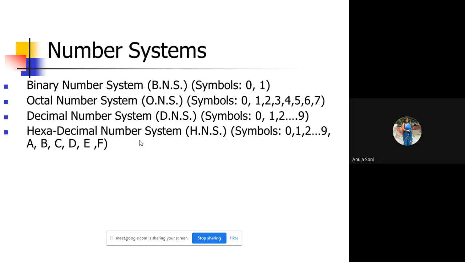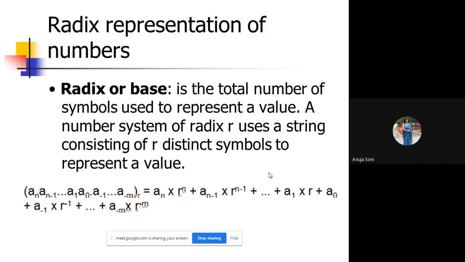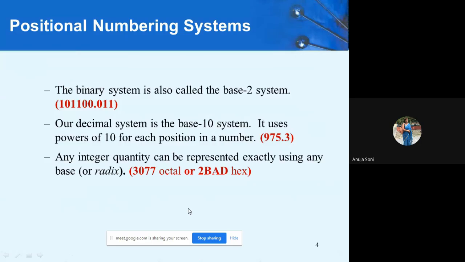Why 16? Due to the reason that the number of symbols supported by this series is 16. That is the only reason the value of radix will be 16. So this is the radix or base. We already have talked about this and we'll come to this formula as well. Prior to that, I am taking some examples to explain all these concepts.